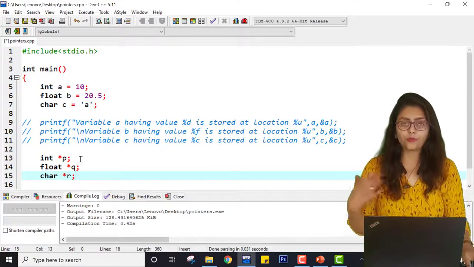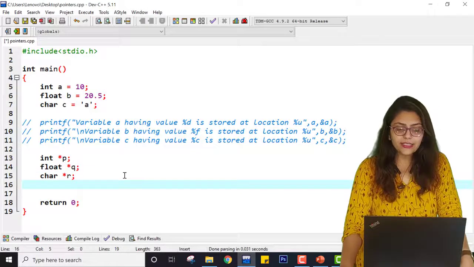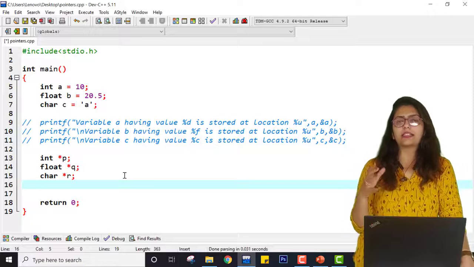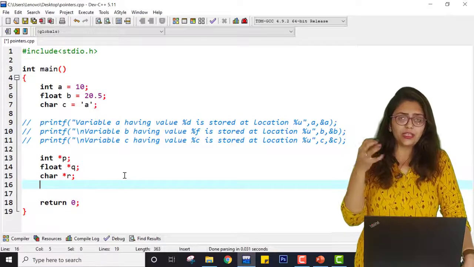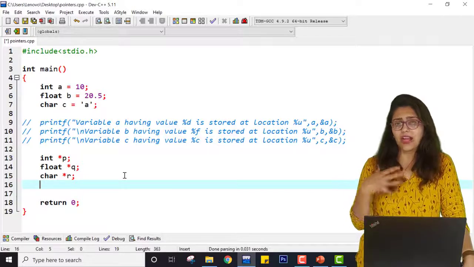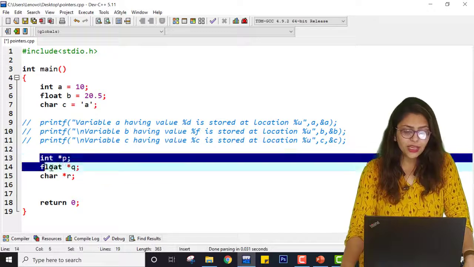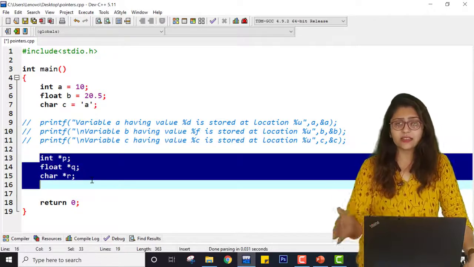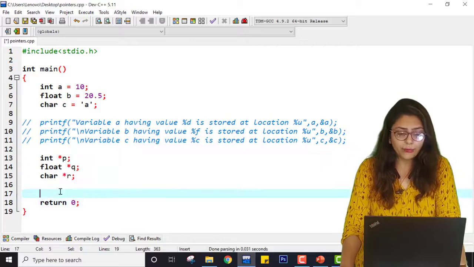So r is going to point to some kind of character value, right? Now p, q, r have some garbage value. These address variables have garbage values right now. They are not pointing to anything. By writing this, we are just declaring pointers. We are just creating space for pointers, but they are not currently pointing to anything.